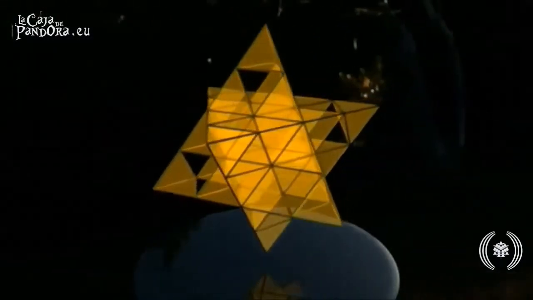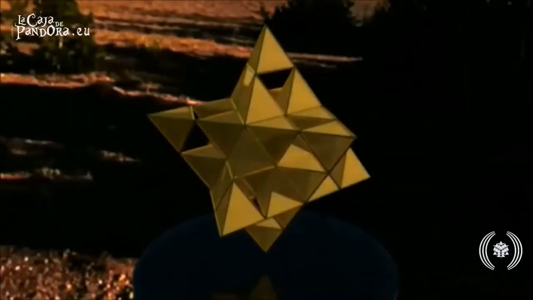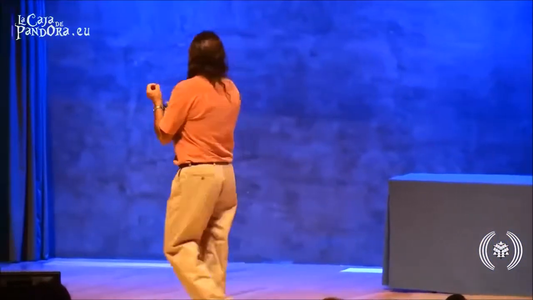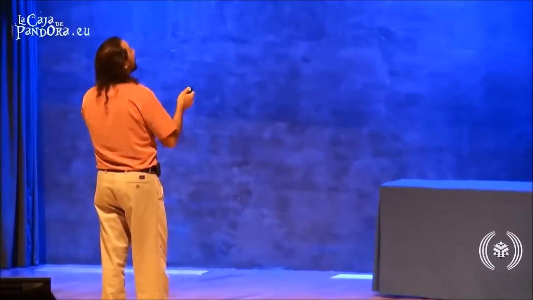So this was all good and dandy, but there was another problem. When I found this, I was very excited. I thought, oh my God, this could be the geometry of the vacuum. This could be the geometry I need to build this technology to reproduce the right dynamics to produce a singularity in space-time. But I had new problems.